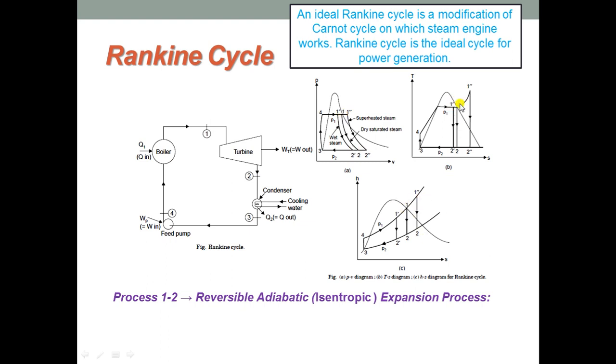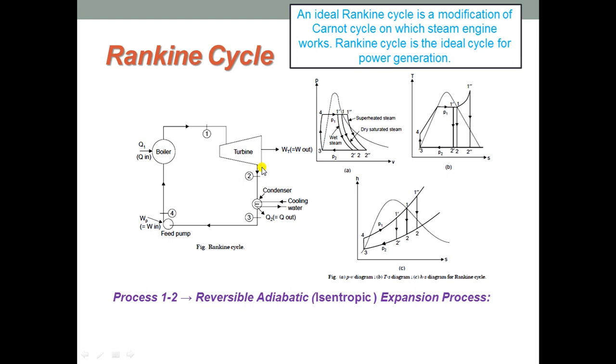This is point 1. So, this curve represents a dry saturated curve, and above this curve the region is called as superheated region. So, below this curve is called as the region which is wet region. So, now the condition 1 is on dry saturated vapor line. So, the condition of the steam at condition 1 is dry saturated, where it expands isentropically